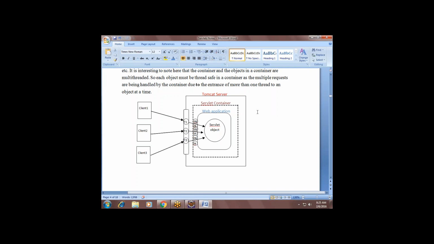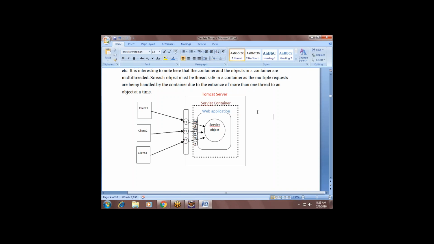When it receives data in the form of an object, it has to give the data also in the form of an object. That's why the container prepares 2 objects, request and response. Both objects are prepared by the container only and given to the servlet object. Then the servlet will extract the data from the request, process it and find the solution. Then the output of the solution will be packed into the response object and given to the container again.